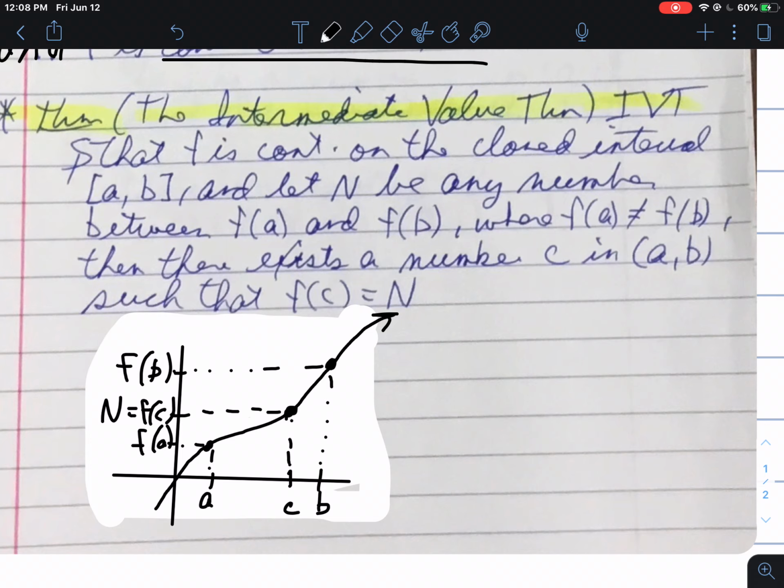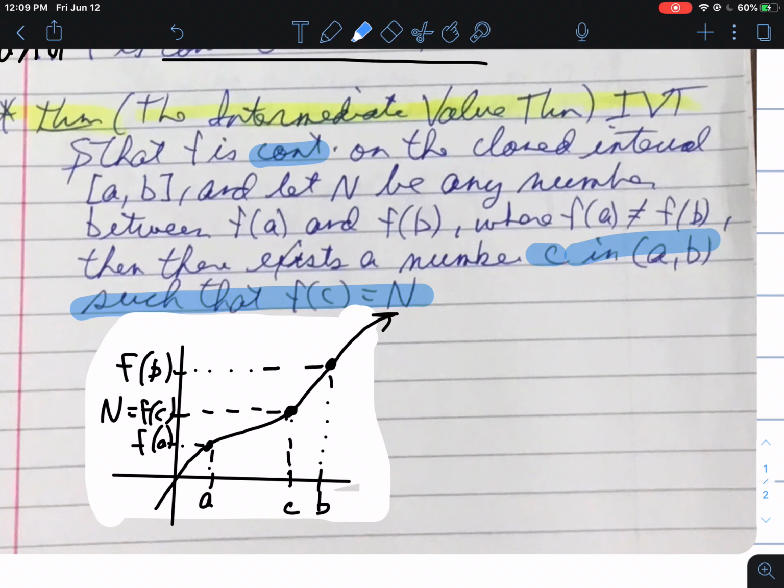Right, so we want different function values here. Then this theorem says that, again, provided your function is continuous on that interval with unequal endpoints, then there exists a number c, we'll call it, somewhere in that interval